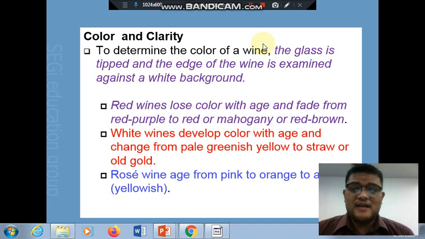The color and clarity of wine will depend also on the age of wine. The longer the period of aging of wine, the longer the date of the bottling, you will find that the color will change. For example, the red wine will lose color, going from red purple into red brown. White wine will develop color from